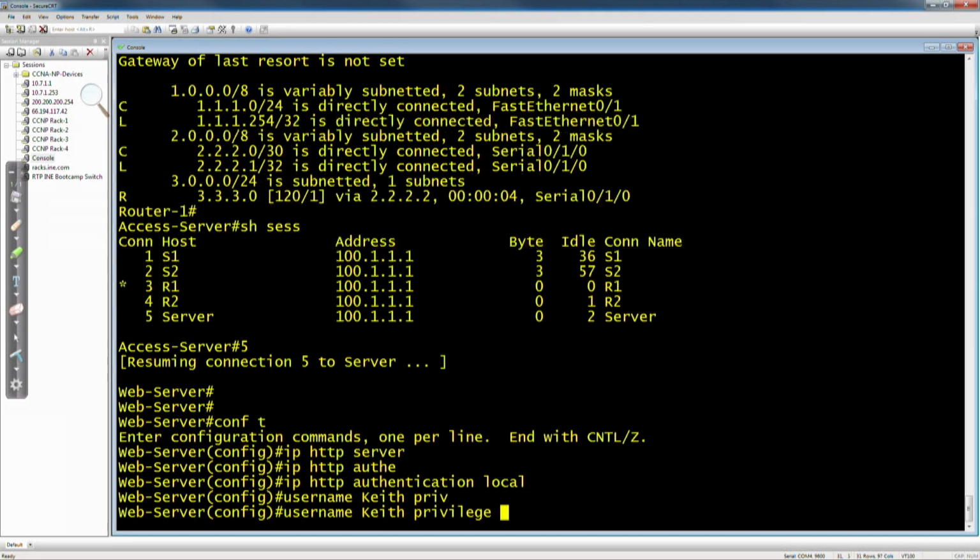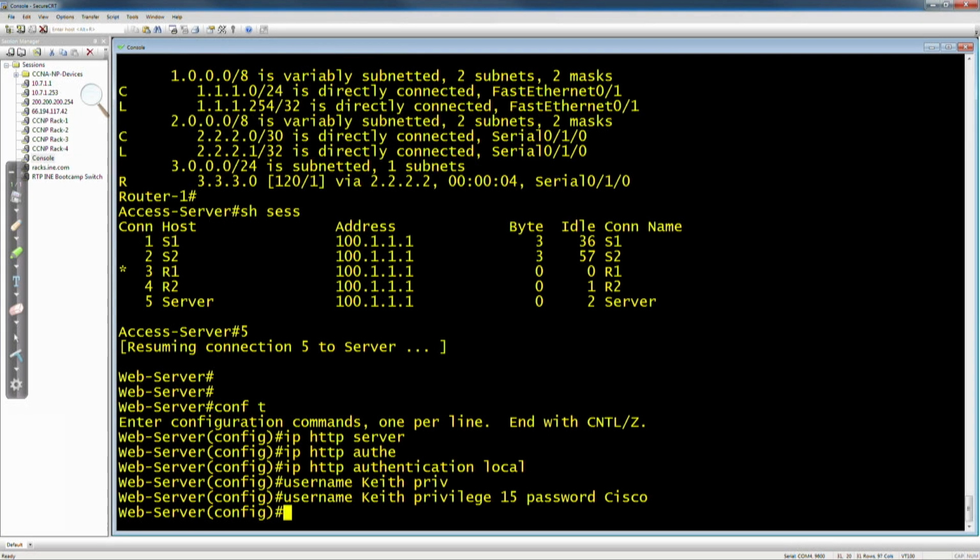And Keith is going to be given access to privilege level 15 commands, which means when Keith logs in via the web browser, he can access any command that he would normally be able to access via the command line. And Keith is going to have the password of Cisco. All right, so there's a username and password. So in the real world, your network admin, you would provide a username and password for the network admin at your company. And then we're going to go AAA new-model,